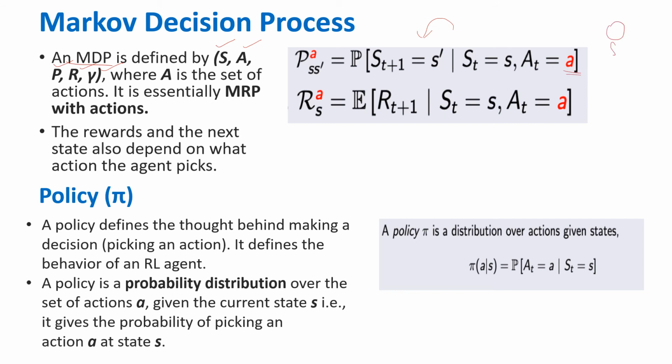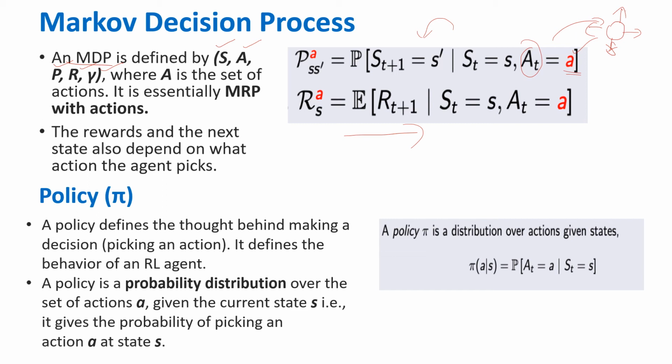Because at each and every state we can have n number of actions. So let's say we have go up, go down, go right, and go left. So these are a set of 4 actions. What is this small a? It is the particular action, go right or go left, taken from the set of these 4 actions. That is also associated in predicting the next state transition probability. So that's how it should be understood. And the reward is the numerical value that we get when we do the state transition by choosing a particular